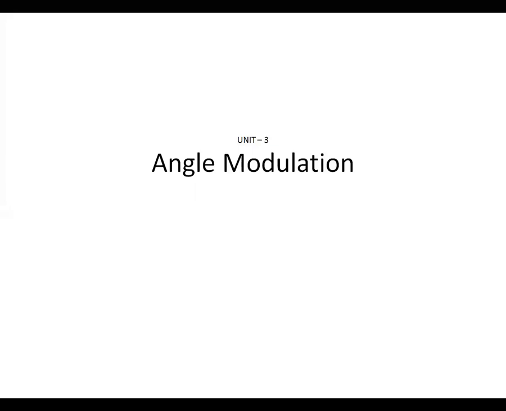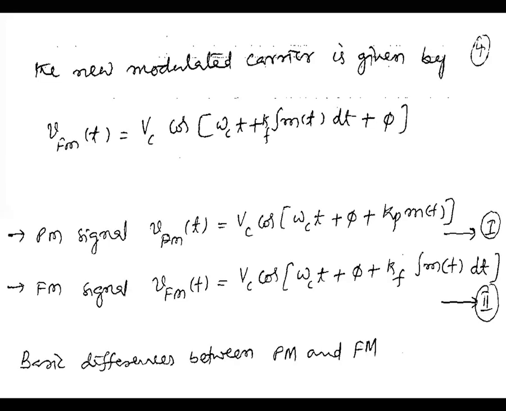In the previous class, we saw frequency modulation, which is one of the angle modulation schemes. Here we have to see the mathematical equations of angle modulation, that is, frequency modulation and phase modulation. The frequency modulation is u of t equal to Ac cos omega ct plus beta sin omega mt.